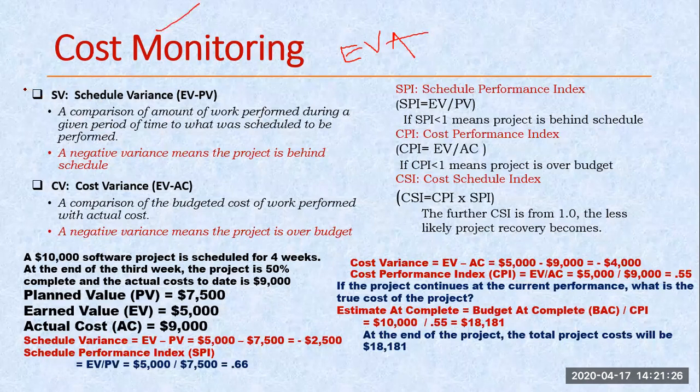One is the relation for my schedule variance. So how we calculate it, we are using two terms. One is my earned value, another one is my planned value. Another one is my cost variance. So how much cost has varied right now, whether we are above the budget.